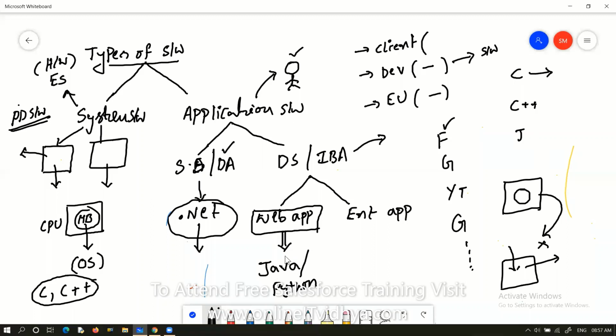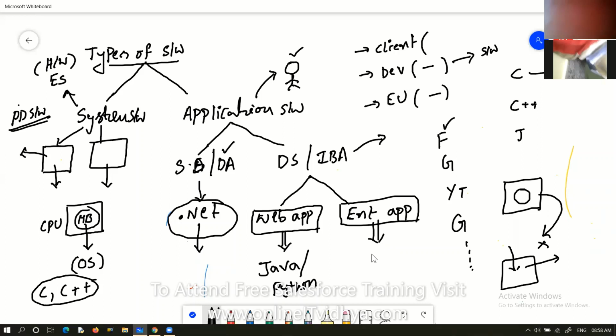Web applications. Next, enterprise applications. Generally, if any application is developed for a specific organization, it is known as an enterprise application. Like what?